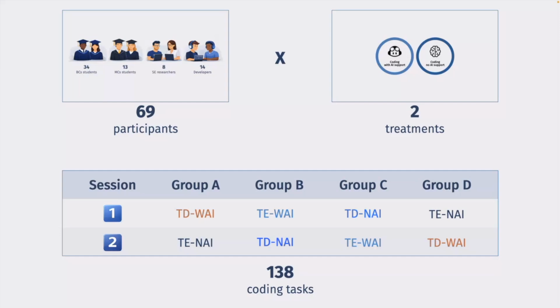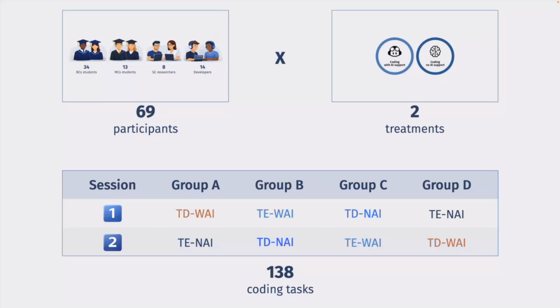What is this TD and TE that you see here? Okay, so each participant performed one development task, which is what you see here, which means implementing something from scratch, and one evolution task, which means evolving an existing code base. Okay, this is what TD and TE means. And what we did, since we have different types of participants, was to define different tasks for each group of participants. So we had in particular one group was bachelor, one was master, and one was researchers plus developers. Okay, so the tasks, the complexity of the tasks was different for these three groups.